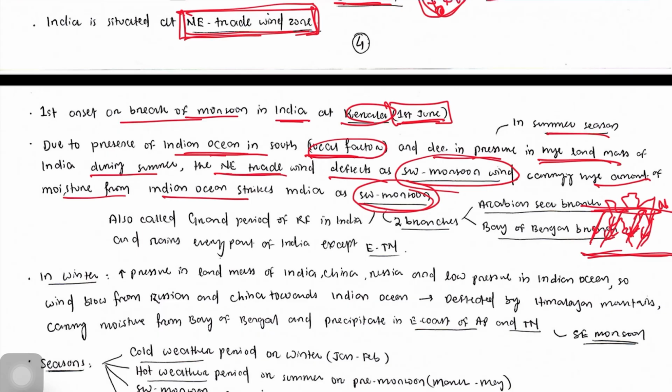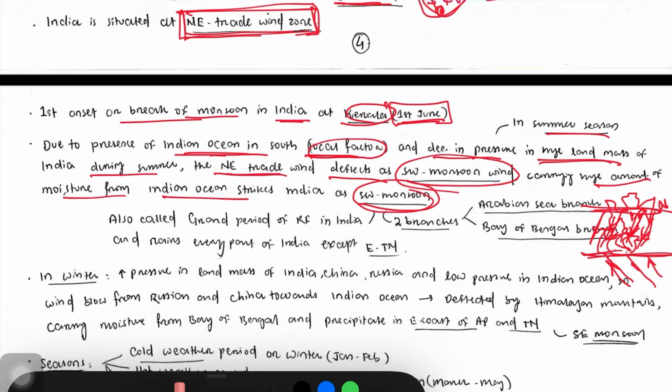So it is based on that, northeast trade wind. Okay, so this northeast or southeast wind deflects towards India. Southeast wind deflects towards India because of low pressure belt over India. So while deflection, it takes, let me just, okay,